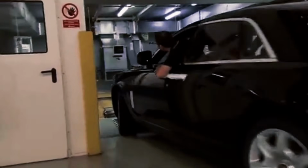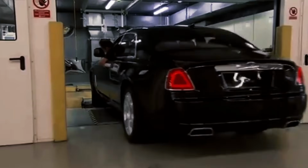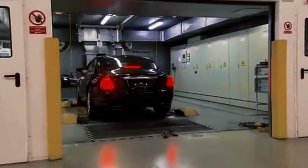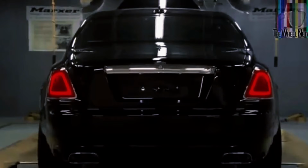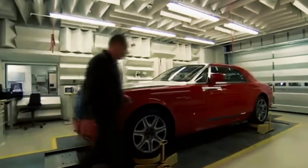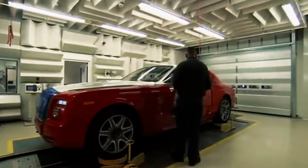From there, the Q3 enters the drivetrain verification zone. The car's engine is restarted and coupled via rollers to a chassis dynamometer capable of simulating gradients and acceleration cycles. Sensors embedded in the floor measure traction distribution and torque delivery in real time. The vehicle performs short, controlled accelerations, testing the synchronization of the dual-clutch transmission and verifying that each gear engages at